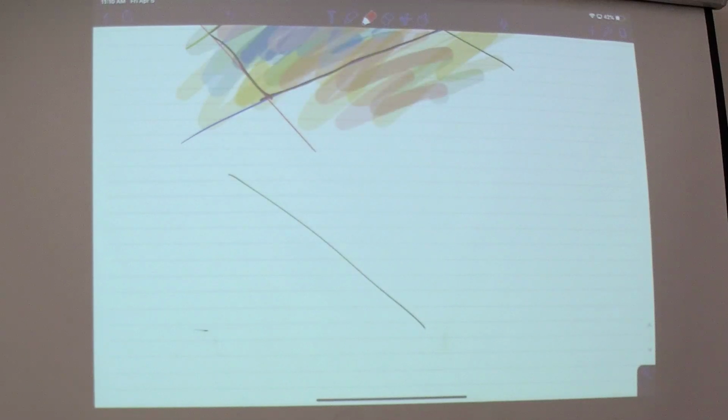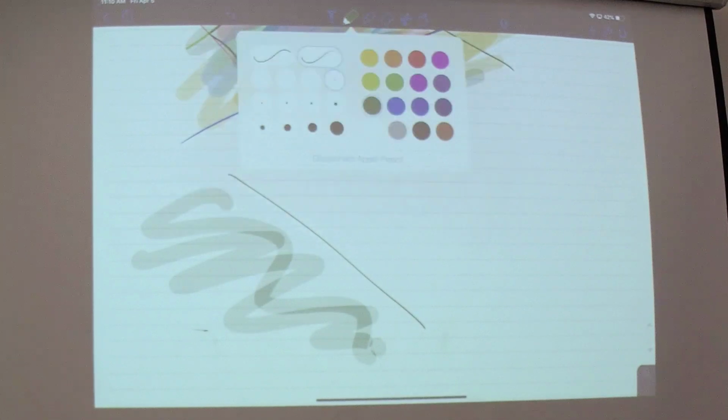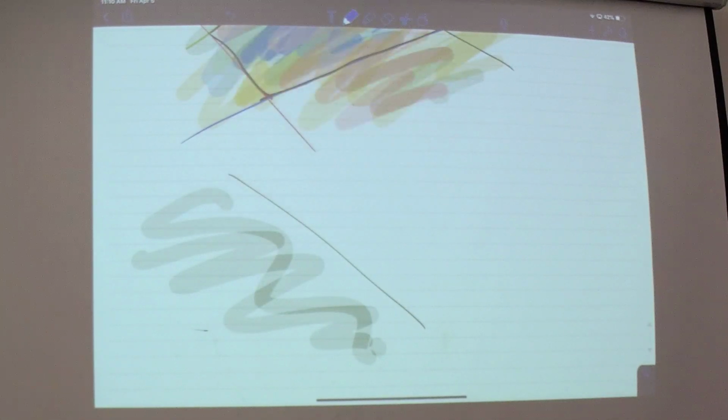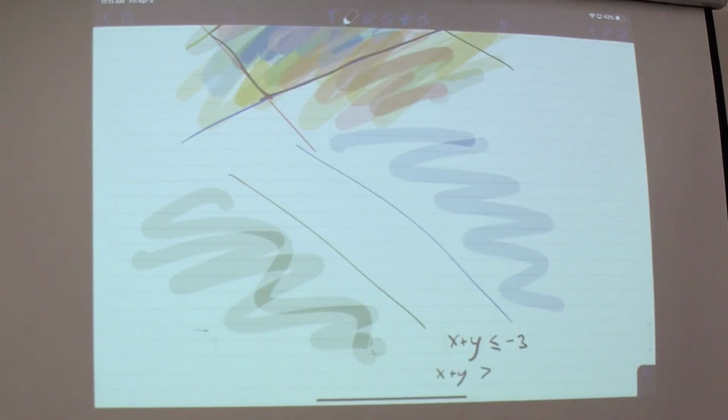This one has everything on this side, right? And we have another parallel line, as you pointed out, very parallel, and everything is on the other side. There is no feasible one. And a simple way to think about this is to say, we want to satisfy the constraints, x plus y less than or equal to minus 3, and x plus y greater than or equal to 2.